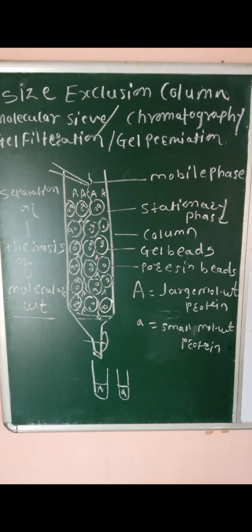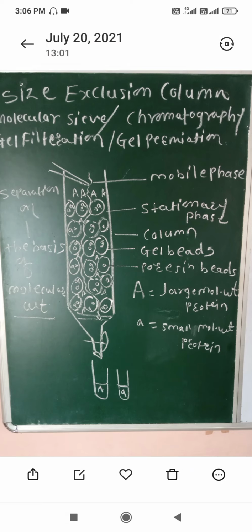So when we consider the separation of proteins on the basis of molecular size or molecular weight, gel filtration chromatography is used. If both large and small molecular weight proteins are present in the mixture, we separate them depending upon their molecular size. The first eluted fraction contains the high molecular weight protein, followed by the second fraction of low molecular weight protein, which enters inside the pores present in the gel bead. This type of column chromatography is separation on the basis of molecular size.